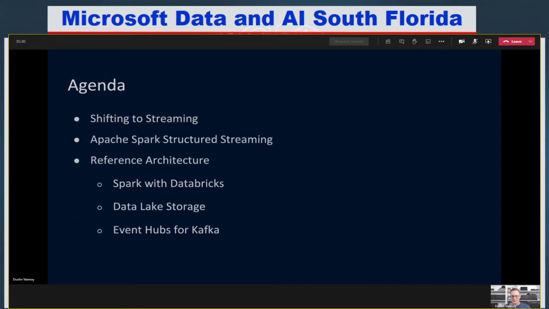So the agenda: I'm going to present to you why streaming is important. We'll keep this short, but why it's important and why it's a little different. Then we're going to talk about Apache Spark Structured Streaming and the Databricks technologies that we'll use within Azure to do this type of Spark processing. And then I want to zoom out a little bit and show you a pretty simple but important reference architecture of where Databricks fits in, how the data makes it to our Databricks jobs, and where we would store the data for data lake querying and additional processing.